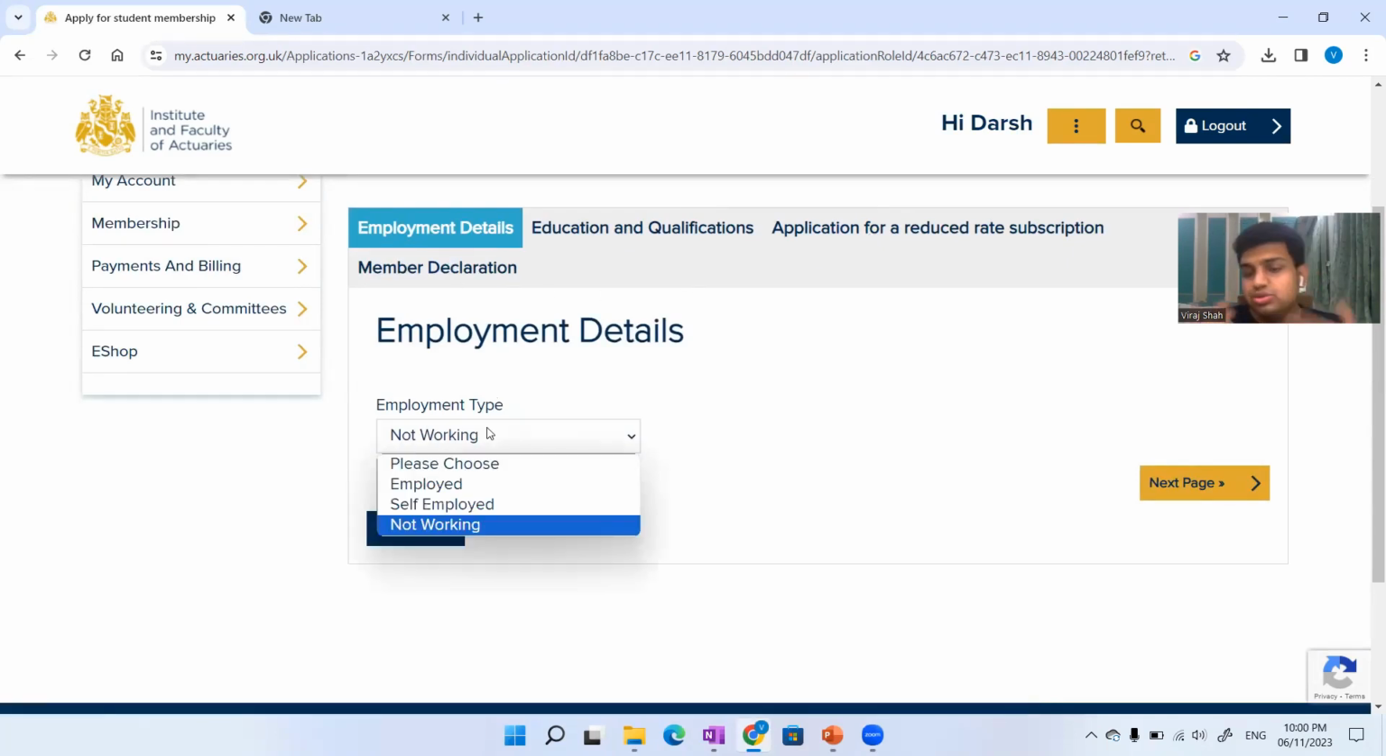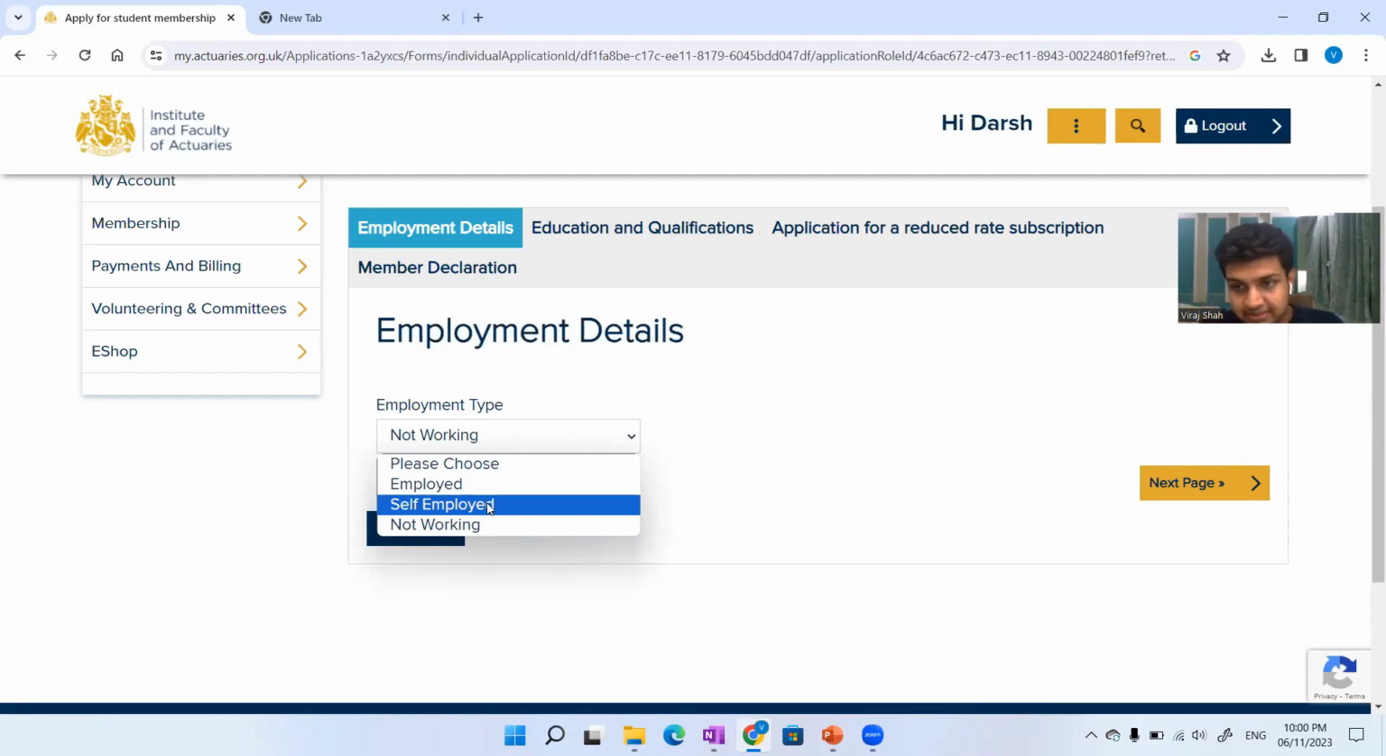Employment details. We usually are students and we have just given our first paper, so we select not working. Or if you are employed under some company, in that case you write employed. And in case you are a business owner, you write self-employed. Remember, an internship is not employed. An internship is a contractual agreement and does not count as an employed individual. If you are doing an internship, please clarify with your company whether they have written